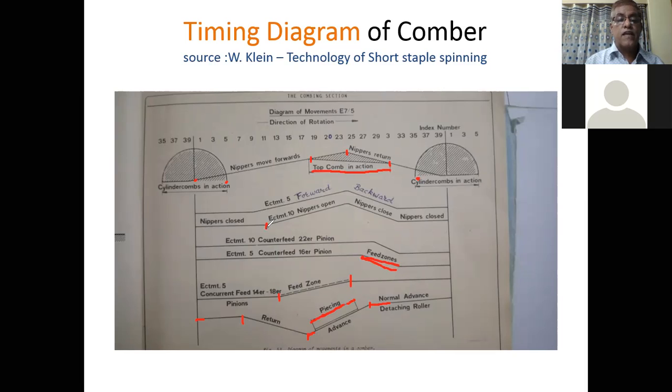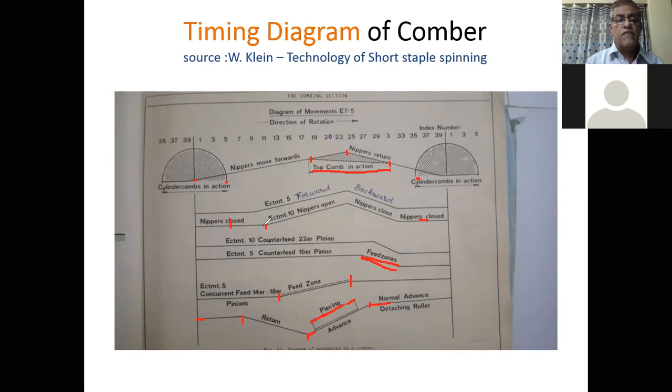The nippers are closed up to this point, index 11. This means when the cylinder comb does the combing, at that time the nipper should be closed. So here the nipper is closed. And here the combing is complete and the nipper is closed.